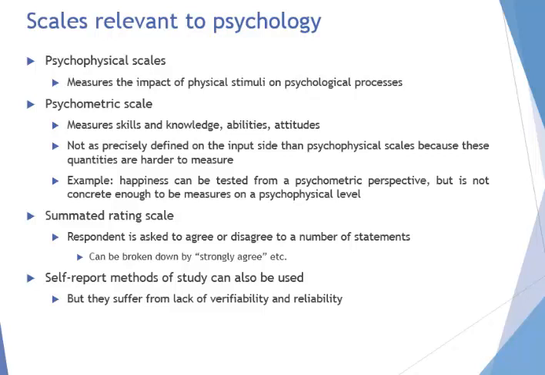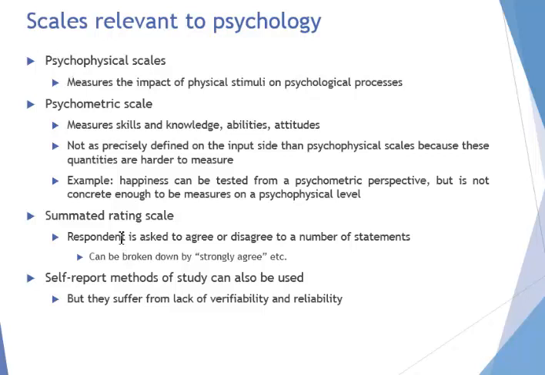If you get hurt, does that make you more depressed? Psychometric scale measures skills, knowledge, attitudes, and abilities. It's not so precisely defined because these quantities are harder to measure. So, for example, happiness can be tested from a psychometric perspective, but it cannot really be put on a psychophysical level. So you can have somebody answer how happy they are on a scale of 1 to 10, they're a 9, but it's not as precise as a psychophysical scale, which can determine how fast something reacts, a